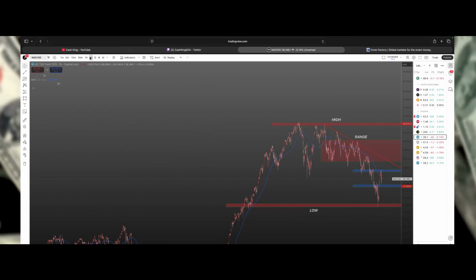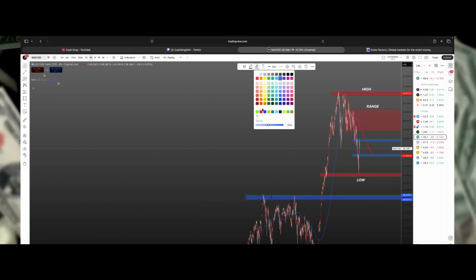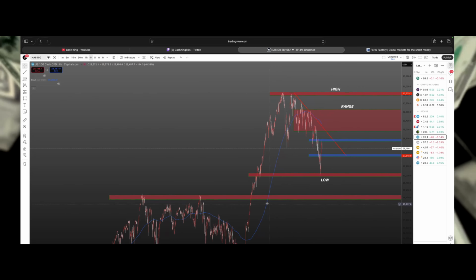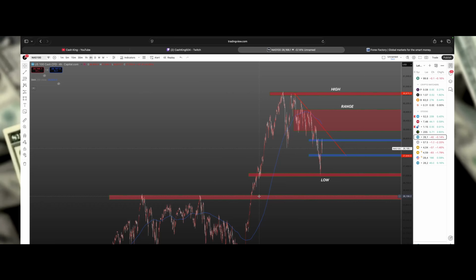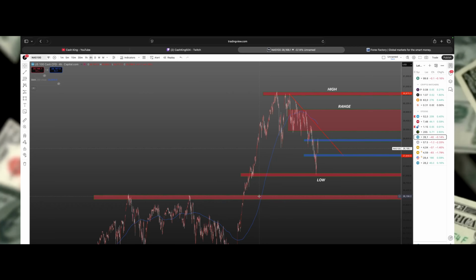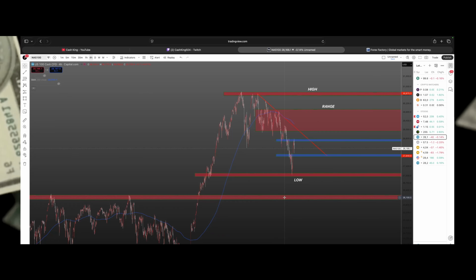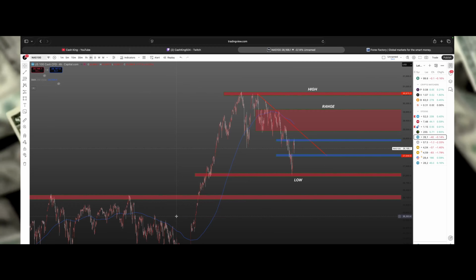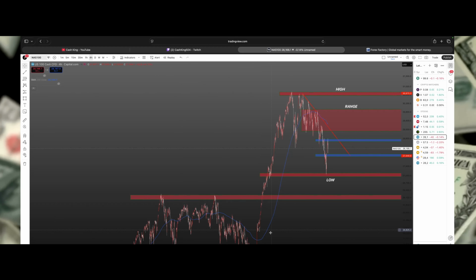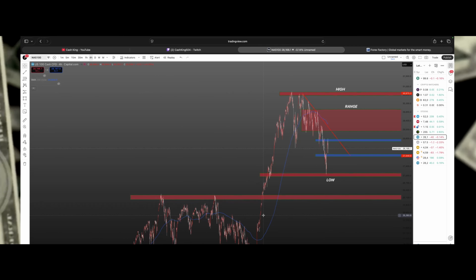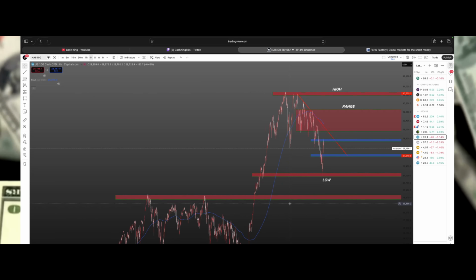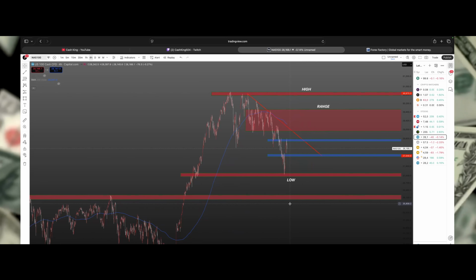I also want to mark this up. It could come to this level here, which I've been saying for a while now. If you go look at some of my videos, even my weekly analysis, I've been saying this for a long time, that I'm expecting price to come all the way down here or even further than that. It could come down here because there are some fair value gaps in here. It can close one of these fair value gaps and it can also push right back up, right? But I'm still seeing that bearish pressure.